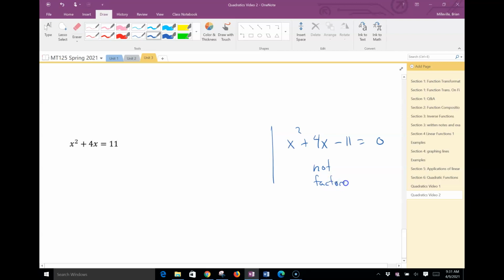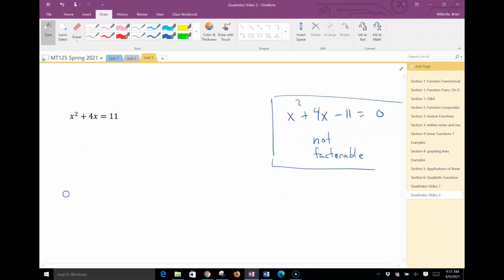So what we've learned so far this semester would be saying, okay, you have 0 on one side, and if it's not factorable, apply the quadratic formula. This is a different way to do it via completing the square. Again, our coefficient of x squared is positive 1, so we can just take our coefficient of x, which is 4, and divide it by 2 to get 2. That's what we're going to add. We're going to square it and add and subtract it on the left side. I'm just going to keep doing it that way